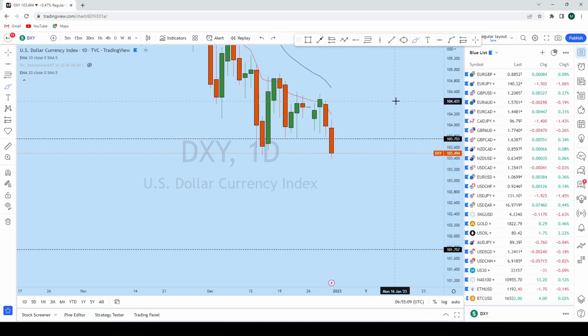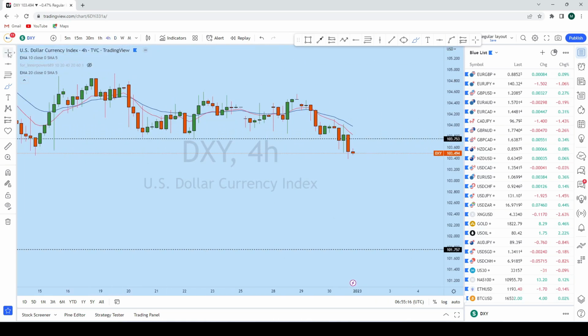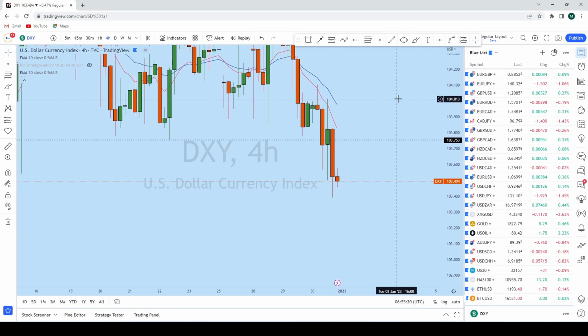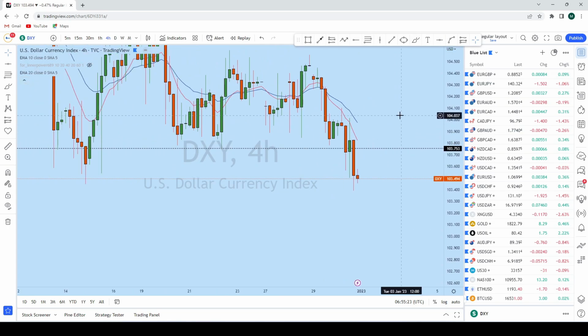So DXY initially a little bit of a strengthening and then finally to drop. Now if we look at intraday perspective, this is where we see that DXY in fact is giving us a significant bearish setup. So as soon as we find a suitable entry opportunity on DXY along this zone, giving us suitable bearish price action,